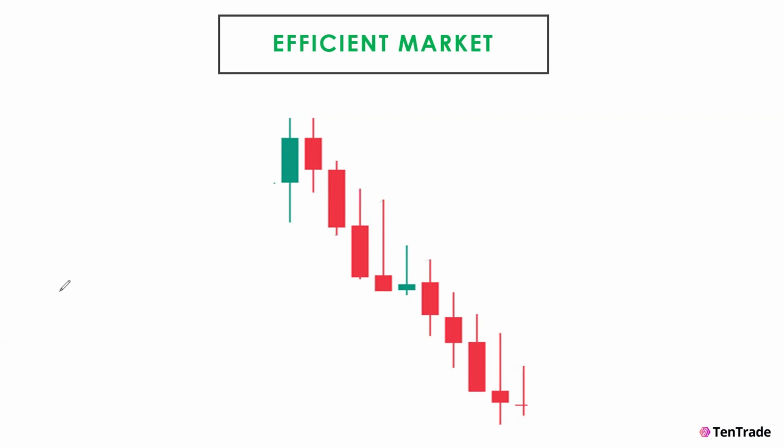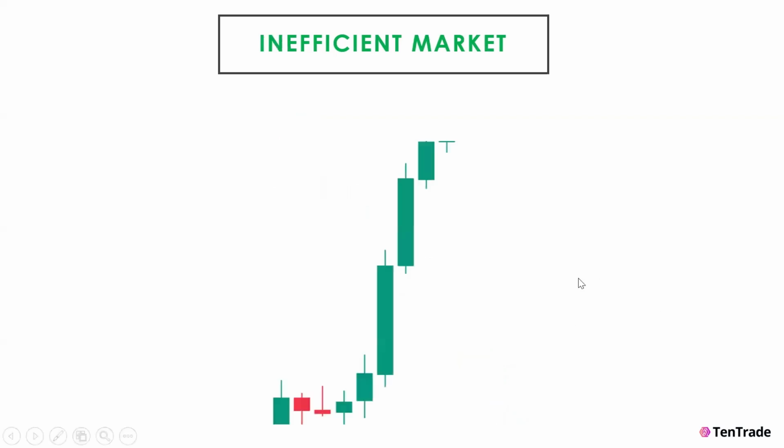If you're looking at a market that is going down and price is being delivered this way, you do not expect a deeper pullback before the market continues going down. Now, if you compare this with this other price delivery, you see that this price delivery is inefficient in the sense that the market actually created a lot of imbalance